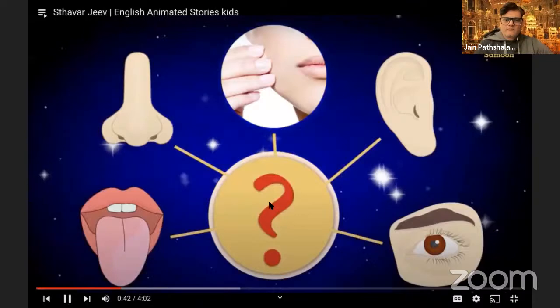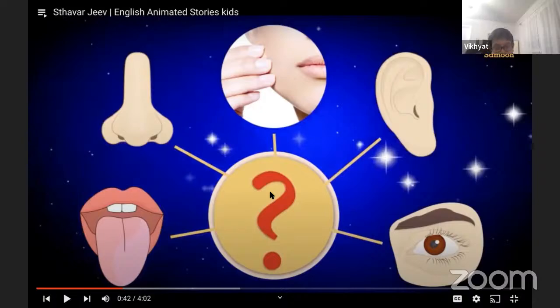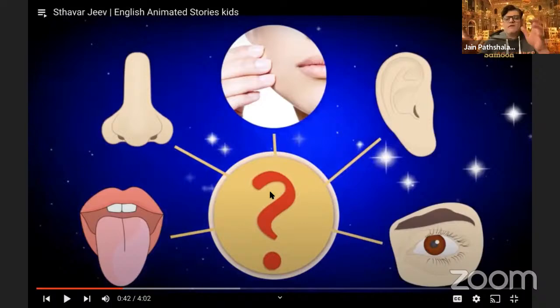But what about 1 sense organisms? What are they called? Sthavar jeev. Thrust means who are mobile. They can move, basically. These 2 to 5 sense organisms have the ability of moving. They are mobile, and that's why they are called thrust jeev. While sthavar jeev means they are stationary. Similar sounding words, right? Stationary, sthavar. So maybe their roots long back in the old language may be the same. So who knows? But that's what sthavar jeevs are.